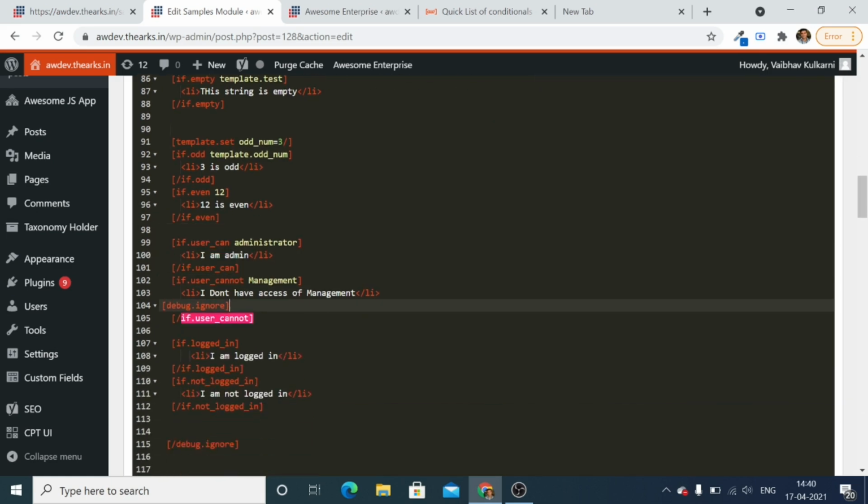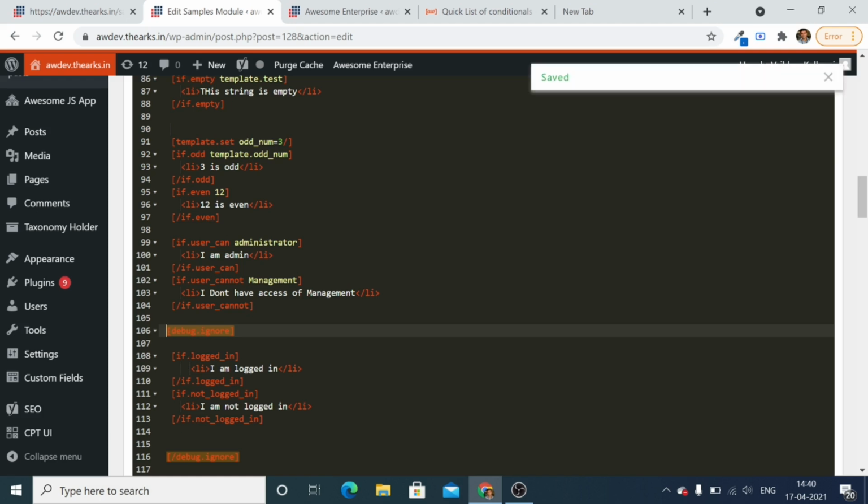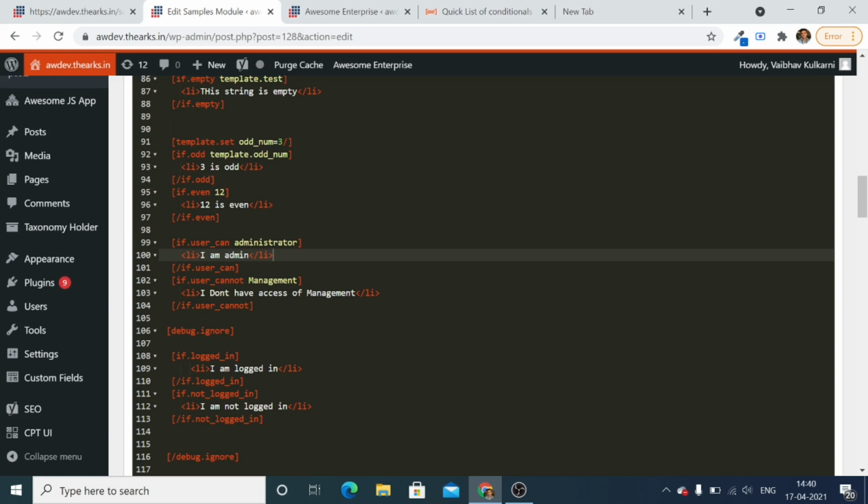So now if you want to check the user role, you can use if dot user can. So if the user is administrator, then it will show it is an administrator, and if the user has a role with management, then it will show the management. We can have administrator, or we can have the management. So if the user has a management role, then it will show I am management.